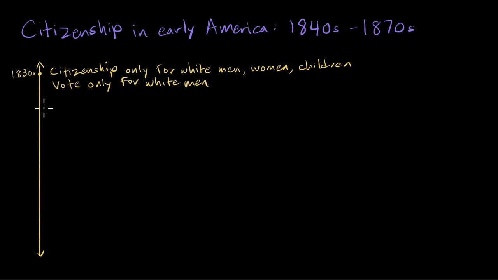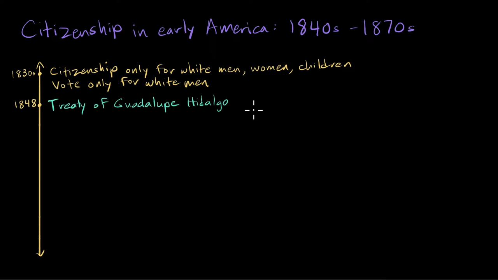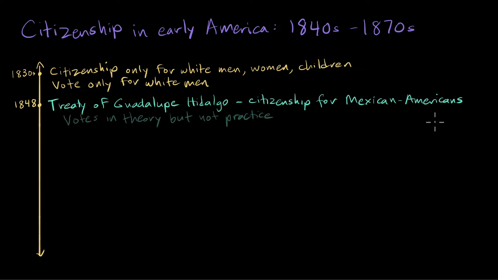So let's pick up the story now in the 1840s, when the United States rapidly colonized North America. As part of the Treaty of Guadalupe Hidalgo, the peace treaty that ended the Mexican-American War, the Mexican government ceded the territory that's now most of the western half of the United States. The Mexican people who were already living in that territory were granted U.S. citizenship, although the indigenous people who were living there were not. Although the Mexican-American citizens were eligible to vote in theory, in practice, they faced intimidation from white Americans that limited